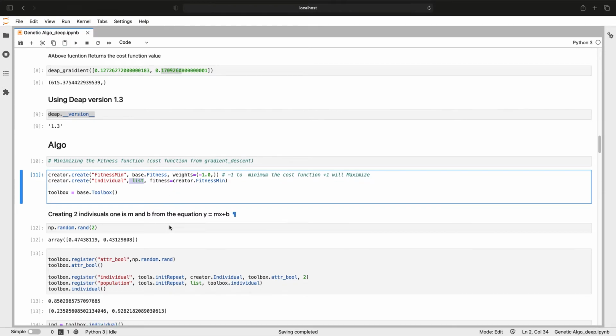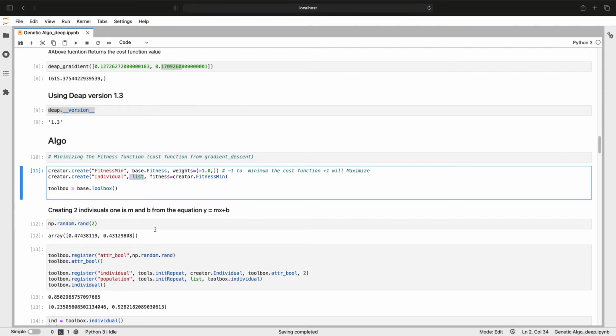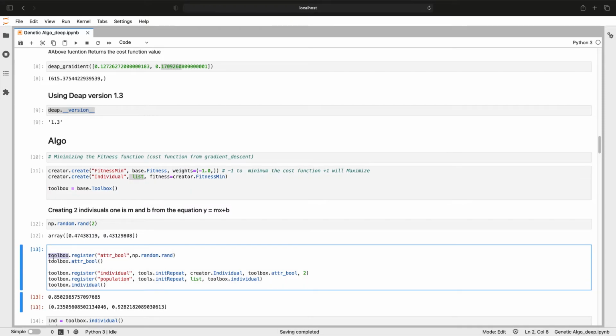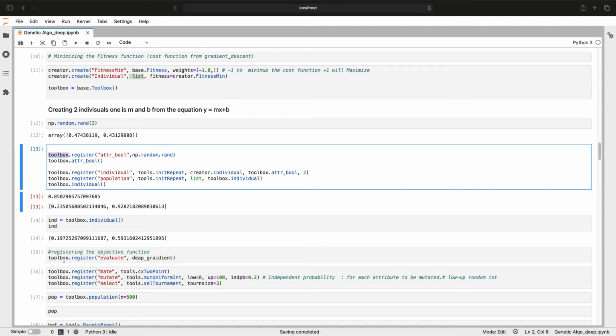Okay, so what I have done is, again, toolbox is one more important tool, and it is a creator. Basically, I can say the toolbox is a creator of tools for all sorts of actions we need in our genetic algorithm, and we are going to pass this toolbox to the genetic algorithm itself. So this toolbox needs to register all the attributes of genetic algorithms, all the features of genetic algorithms basically.